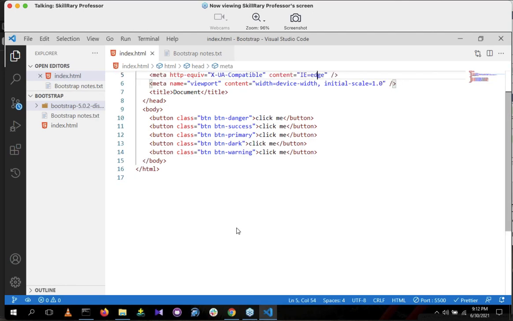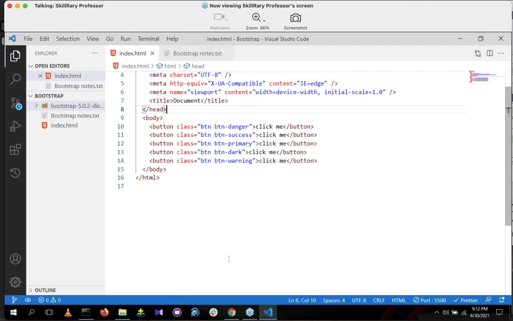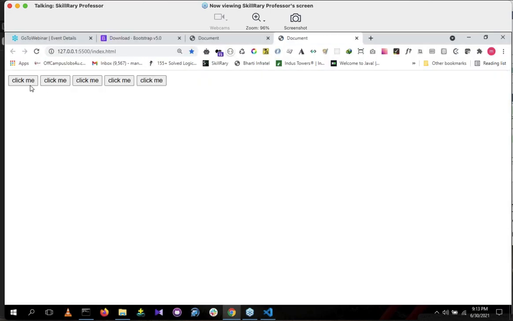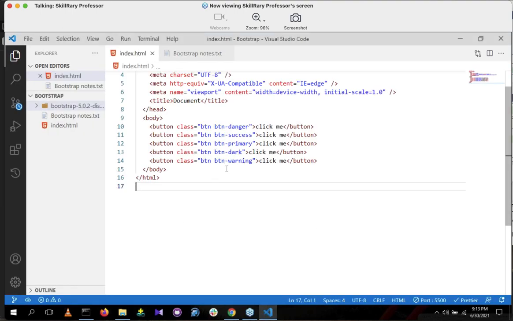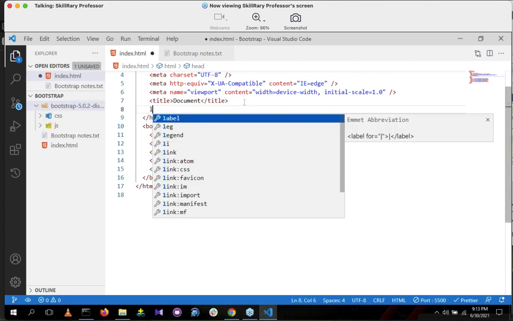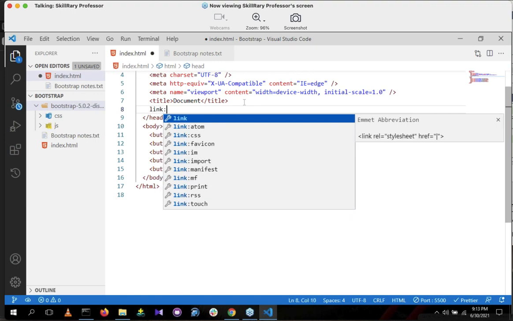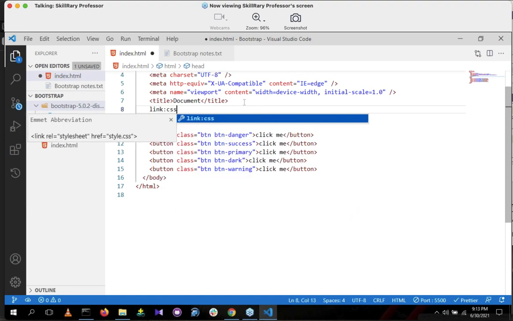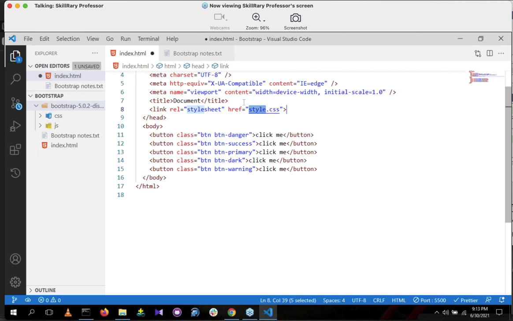Now if you open with live server, it is a normal HTML button, because I removed the CDN link. Now I'm going to add the Bootstrap. To include Bootstrap, use the link command, link CSS. How are we linking the CSS?